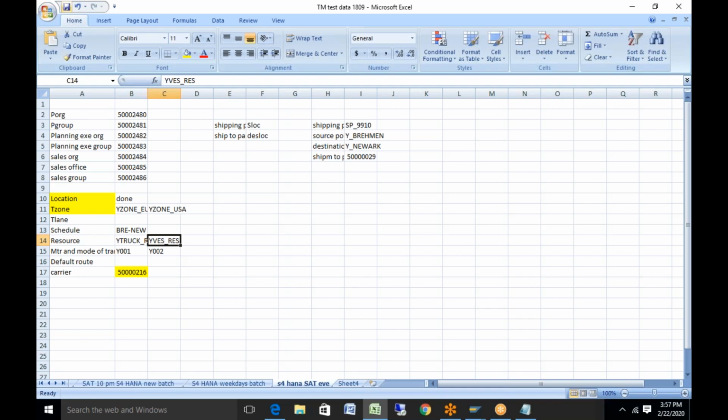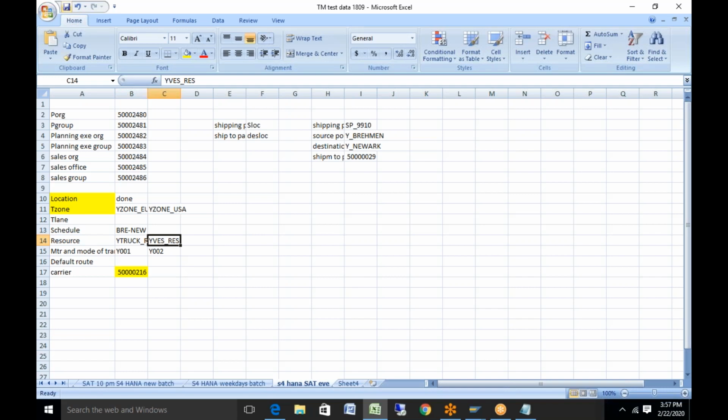So the next master data we will see is your default route. Default route is again not a mandatory data. It is mainly used when you want to have multiple stages in your freight unit. The freight unit is the first object created in TM, when your transportation requirement is passed from ECC to TM.